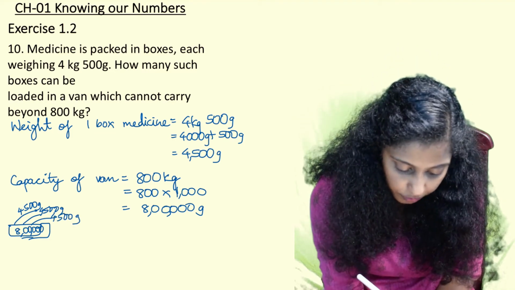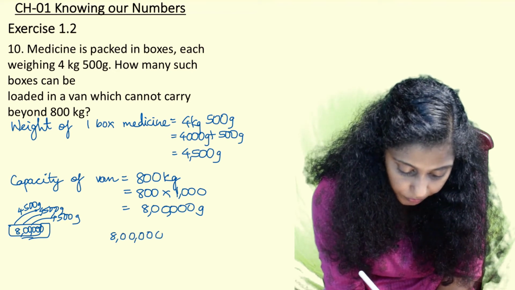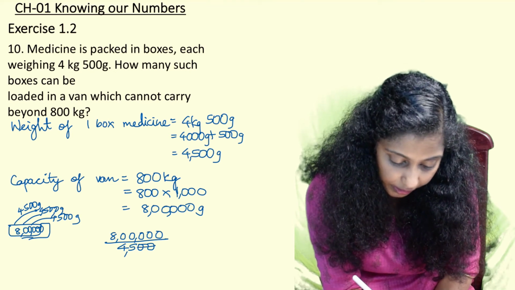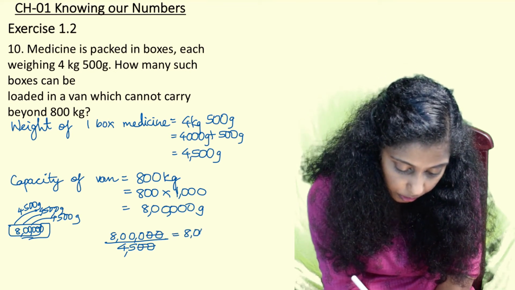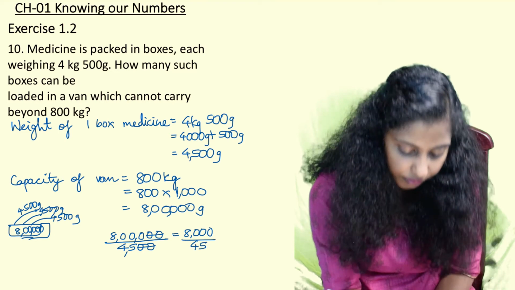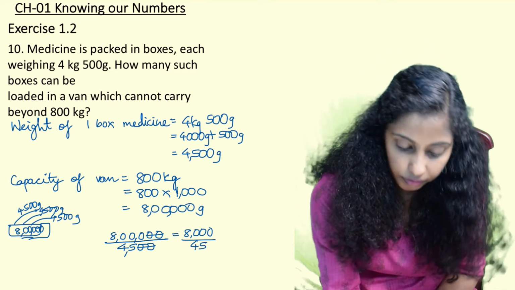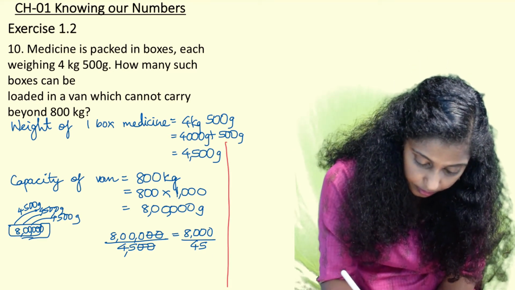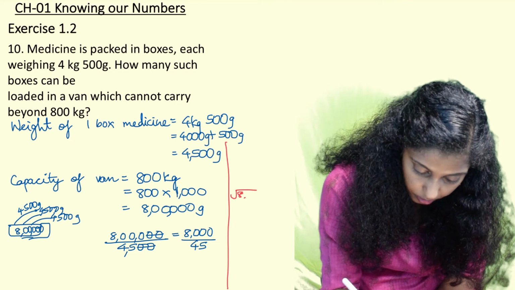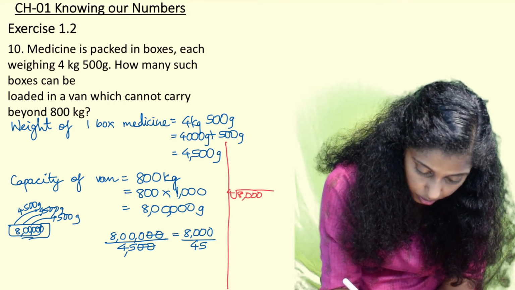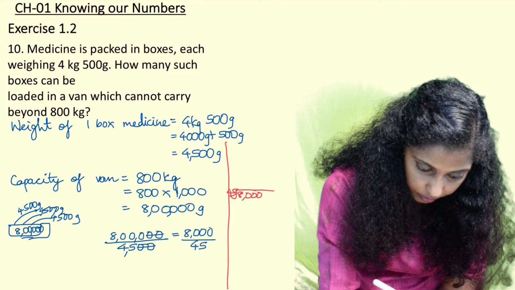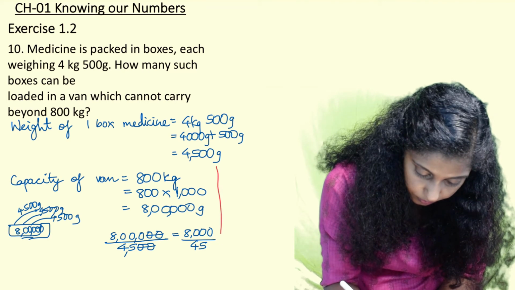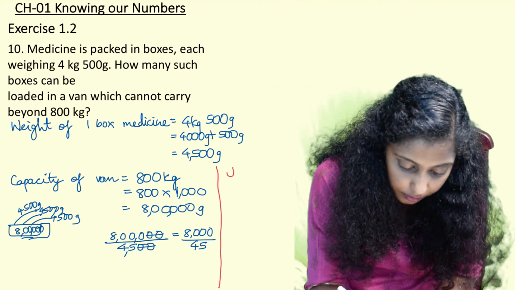So in this division we can use a shortcut. As this number is very big and there are many zeros in this, we can cancel 0 0. We get 8000 divided by 45. So we divide 8000 by 45 and let's see what the answer is. So here when we have to divide 8000 by 45, it's good to write the table and keep it aside.